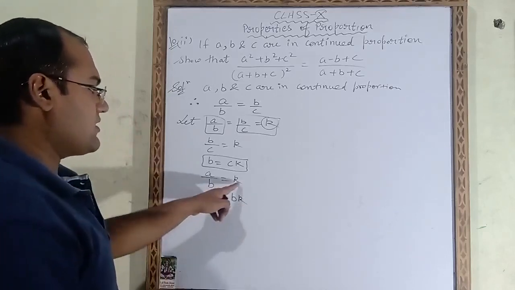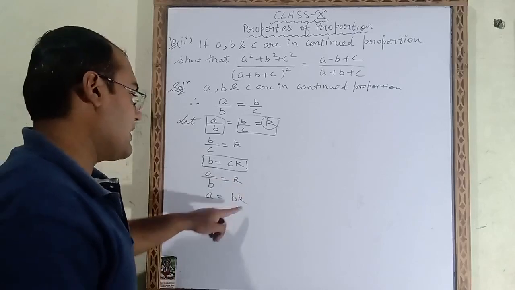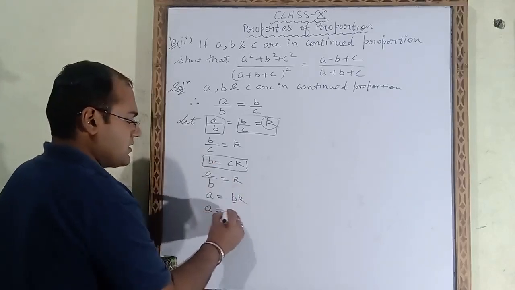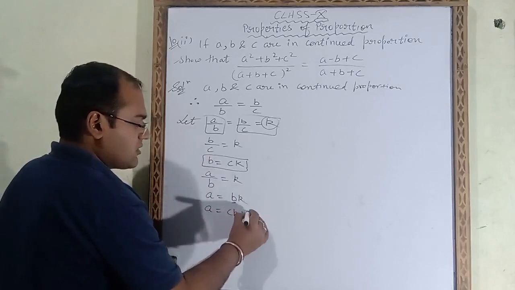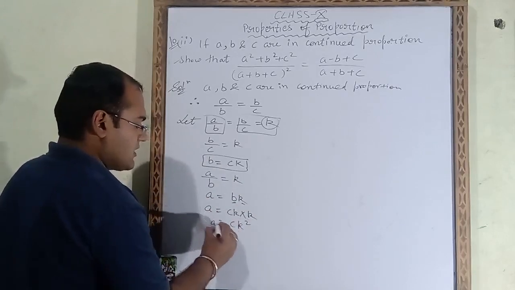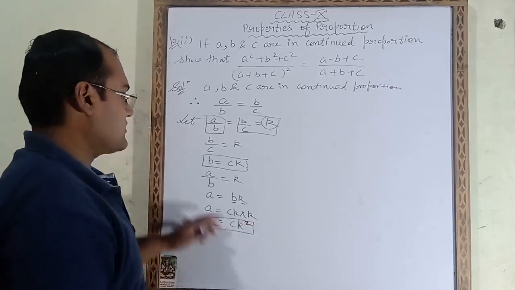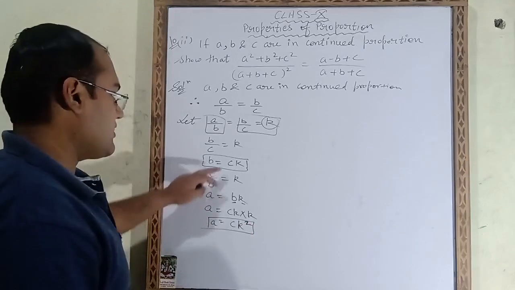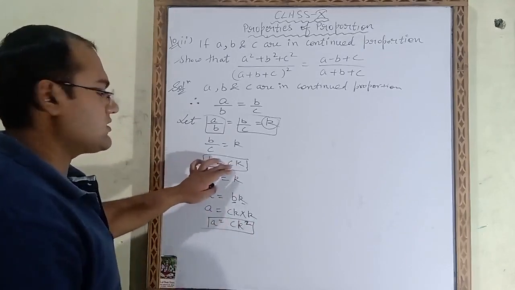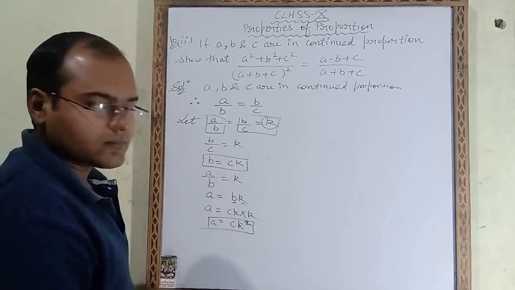This B is in divide. When you bring this B to the right side, this will be in multiply. Now B is CK. So instead of B, we take CK into this K. That means CK square is the answer of A. So here we got the values of B and A in terms of C and K. B is coming in CK terms. A is also coming in CK terms.